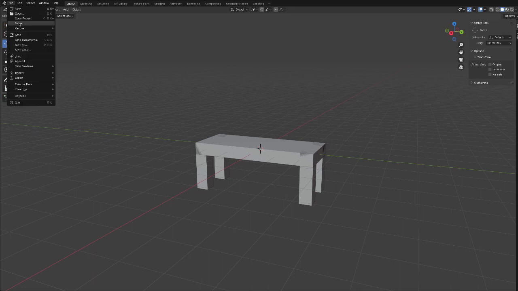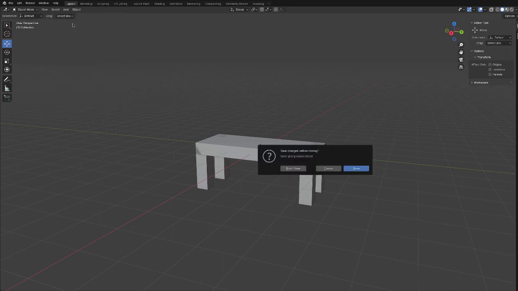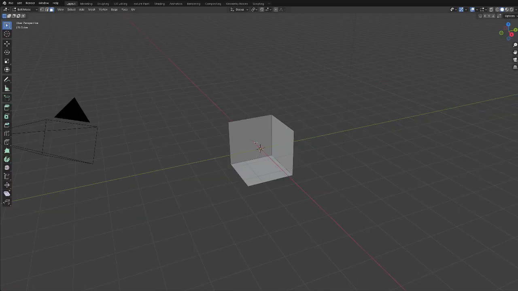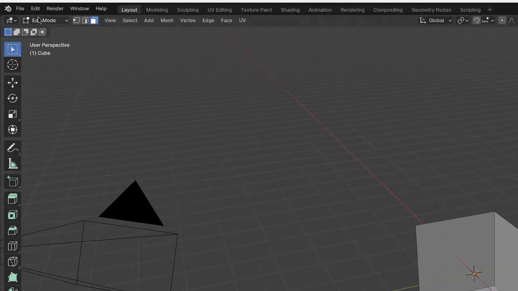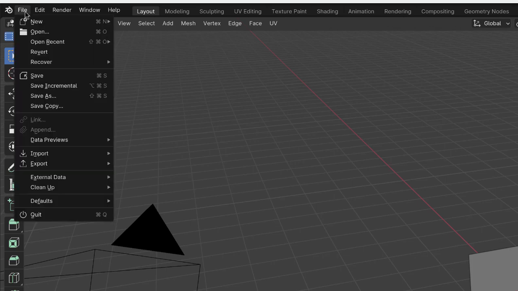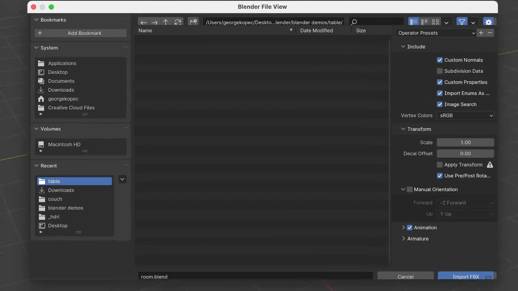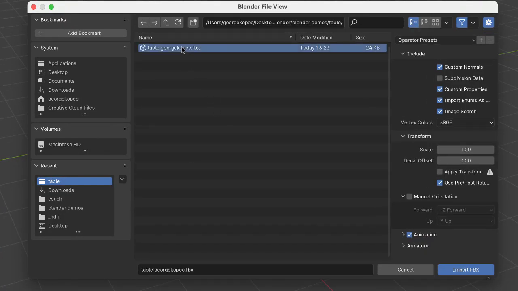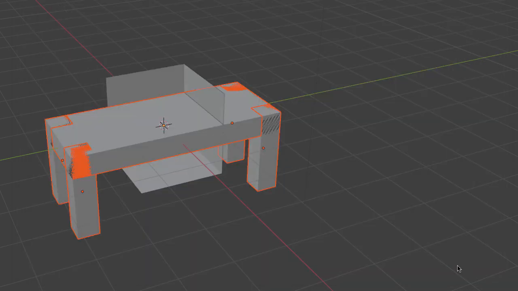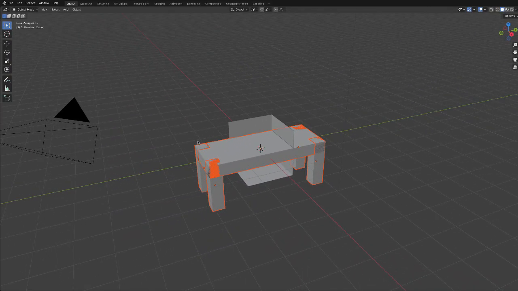Let me open that room. So here's my room now. So I want my table in my room, so it's very simple. File, import, and you're going to import an FBX. And you guessed it, just select the model you want to import, import FBX, and it'll come in probably at